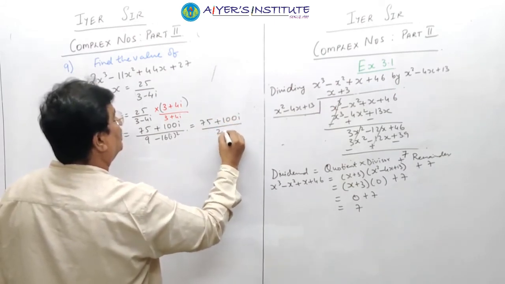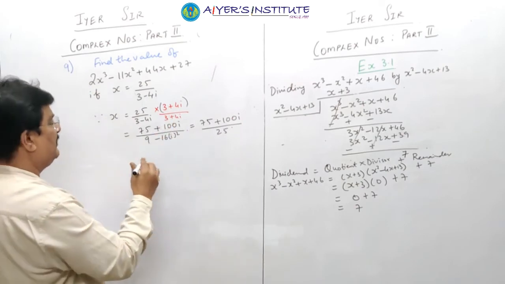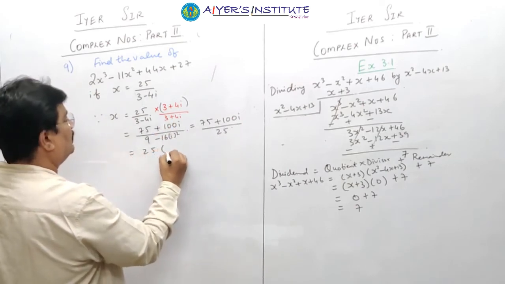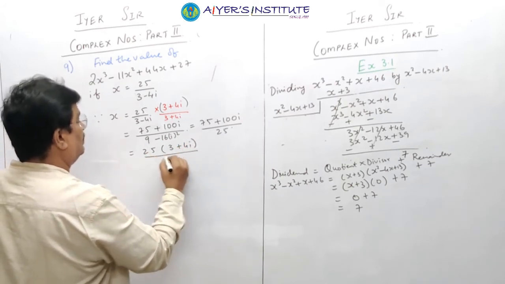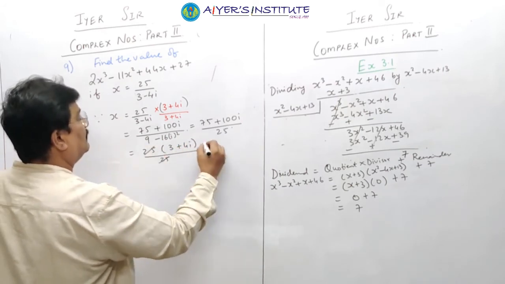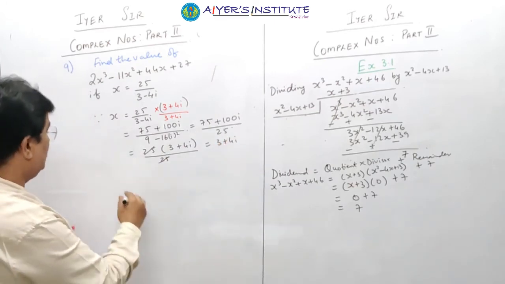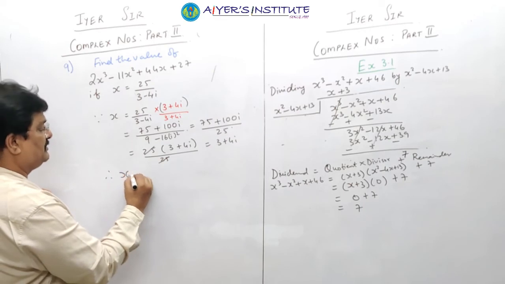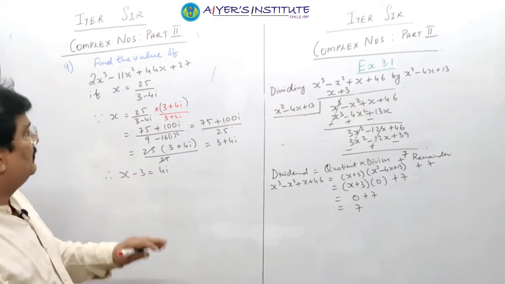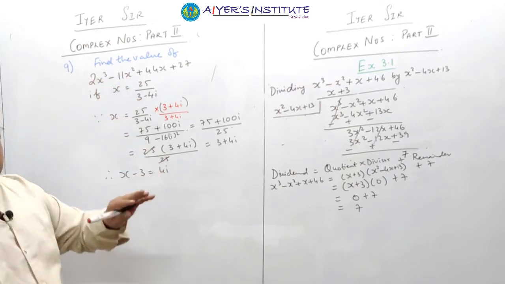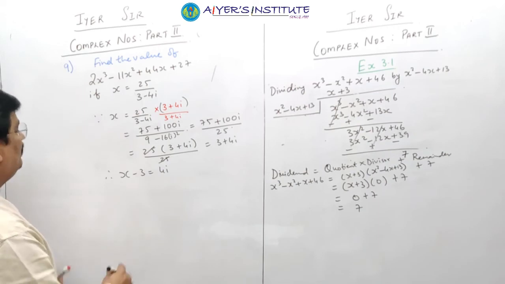upon 25. दोनों को 25 से डिवाइड करते या ऊपर से 25 कॉमन निकालो। 3 plus 4i है। Take 3 on this side, therefore we'll get x minus 3 is equal to 4i है। And then, so whenever we have any sum like this, हम लोग को इसी तरह करना है, i को अकेला करना है after simplifying and then squaring both sides।